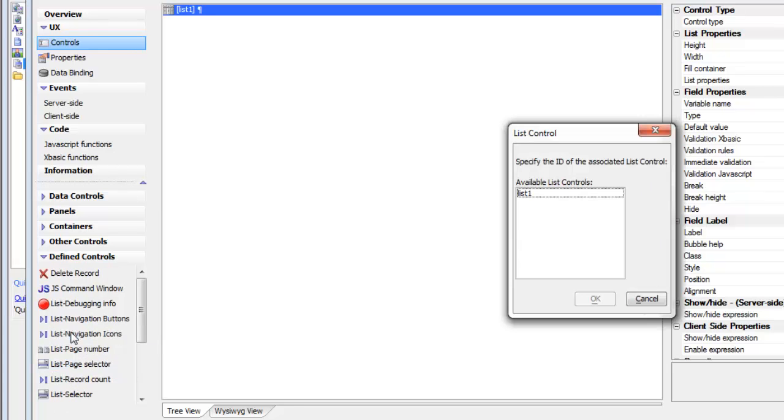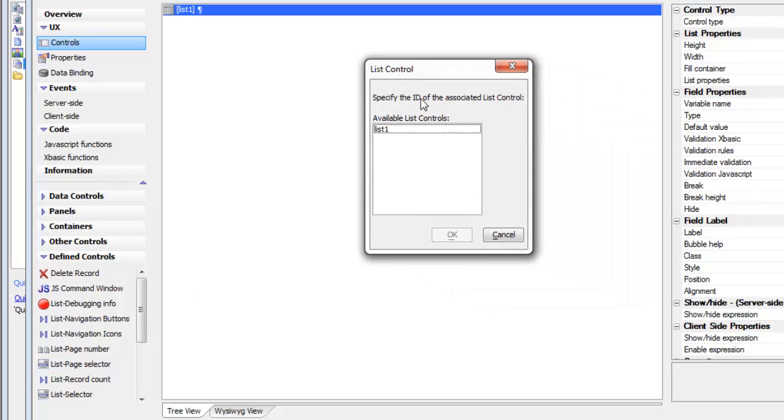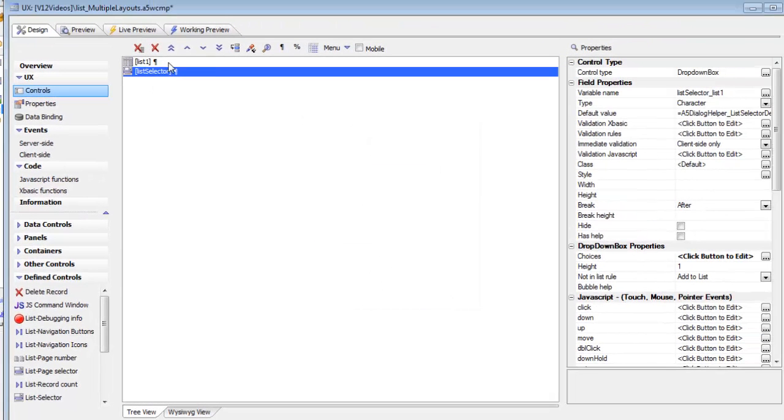So we'll add that, and then it's going to ask us which list control on the UX component we'd like to control. Since there could be many different list controls on this UX component, we need to specify which list we're talking to. In this case there's only one list, so we'll go ahead and choose it,